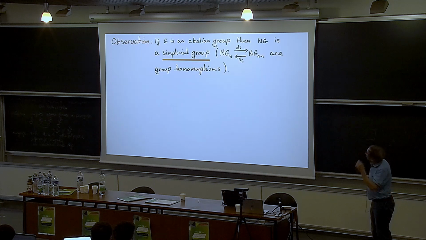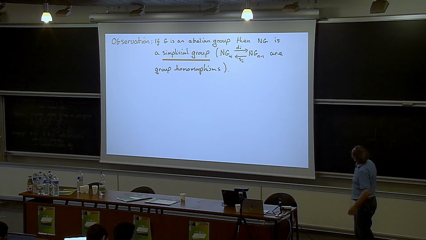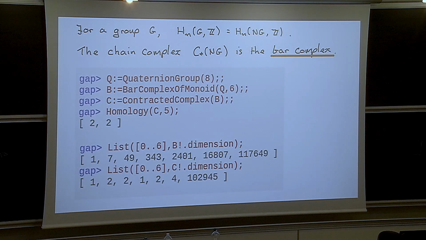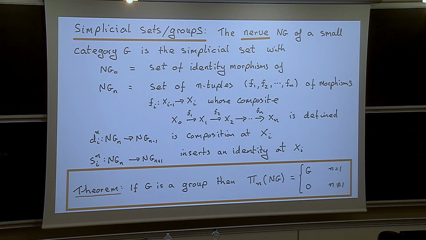So what else can you say? From small categories, you can observe the following. If G is an abelian group, then the nerve is actually a simplicial group. If you go back here to the nerve, if you think about this categorically in terms of pullbacks and so on, it's kind of clear that if G is abelian, then these homomorphisms are actually group homomorphisms. So what you end up with is not just a simplicial set here, but if G is an abelian group,